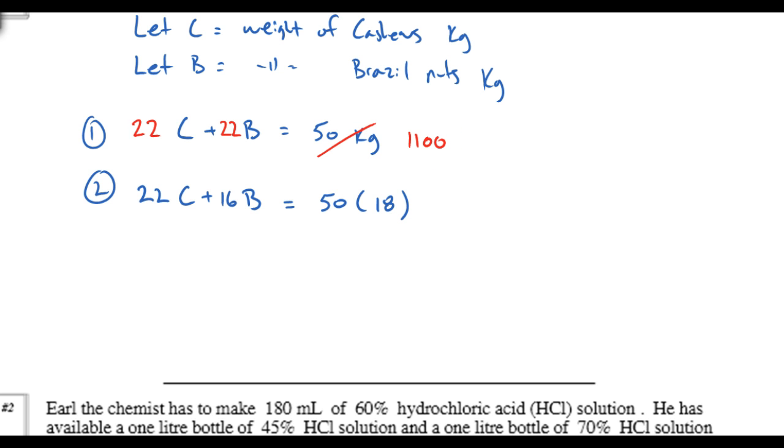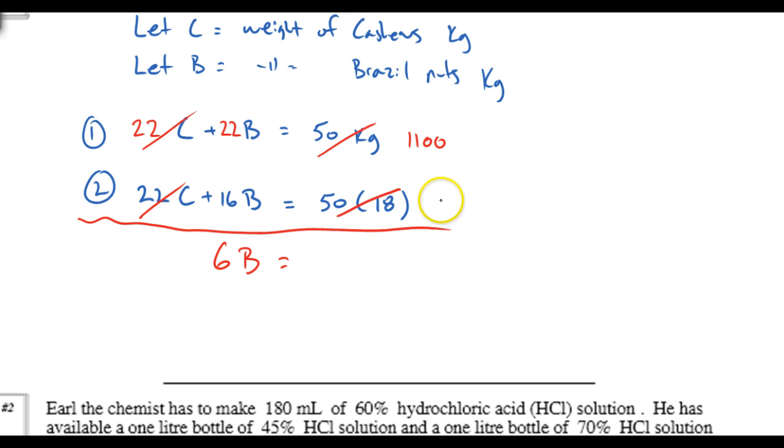And now we can start subtracting things. Once I subtract this, I'll get rid of the cashew nuts, and I'll have 22 minus 16, which is 6B, equals 1100 minus 50 times 18. 50 times 18 is going to be 900. So the difference there is going to be 200, and then 200 divided by 6 is going to be